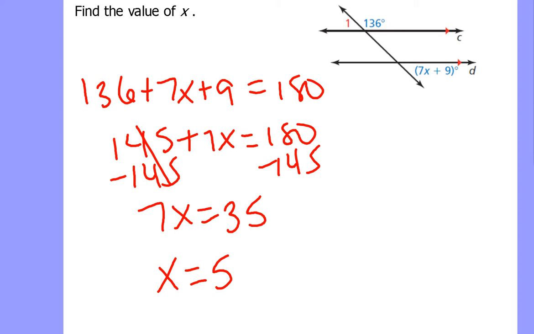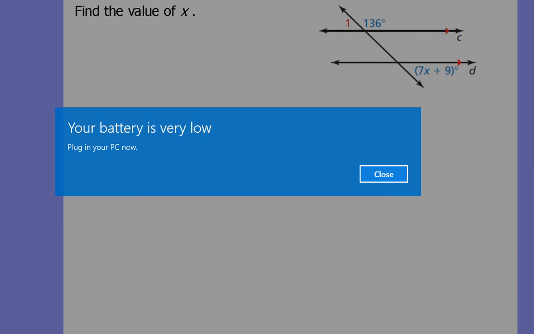But let's say, for instance, we kind of forgot about our little unspoken term of consecutive exterior angles. Well, what do we know? We know that 136,